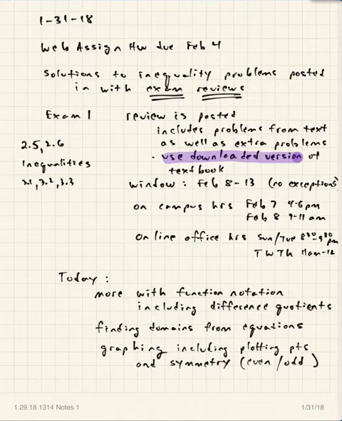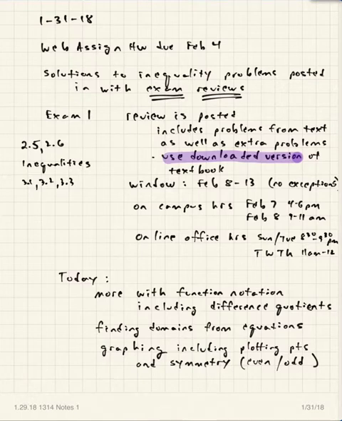Last time we found domains and ranges from graphs of functions and relations also. Today we're going to look at equations of functions and talk about how you might go about finding the domain for that particular function. And then finally we'll finish by starting our talking about graphing functions, some basic ideas behind graphing functions today, including